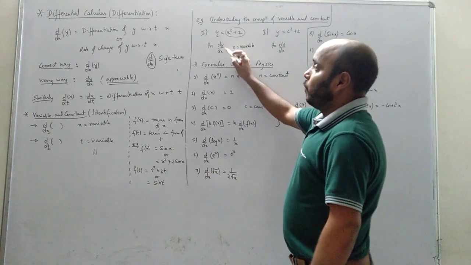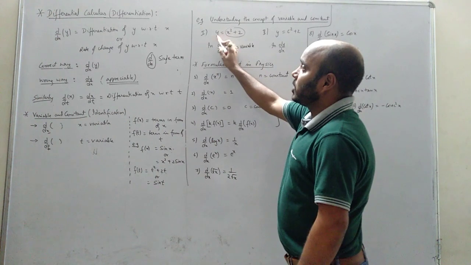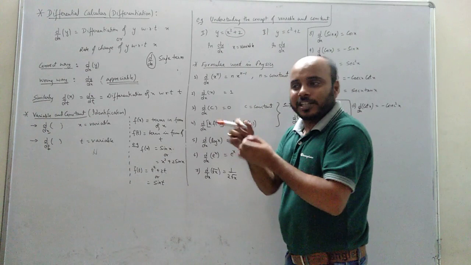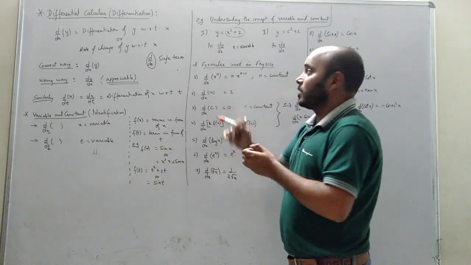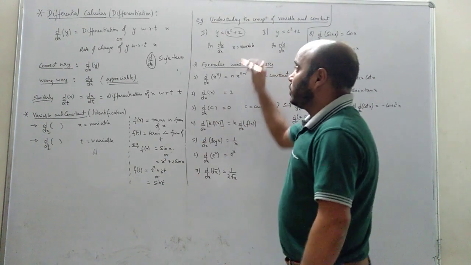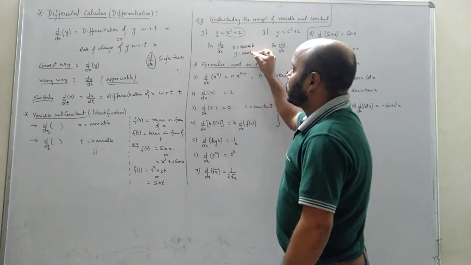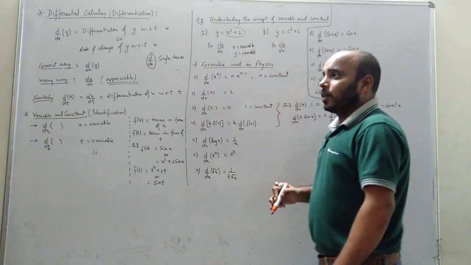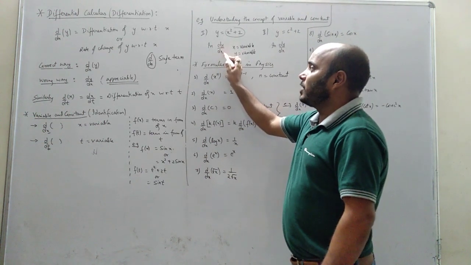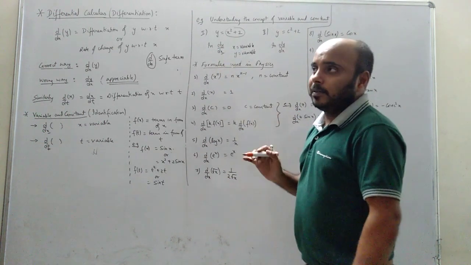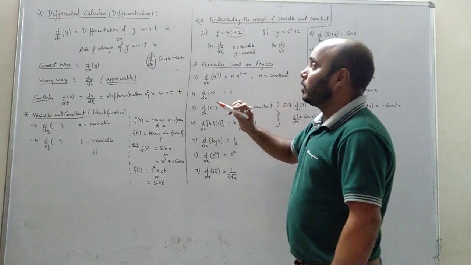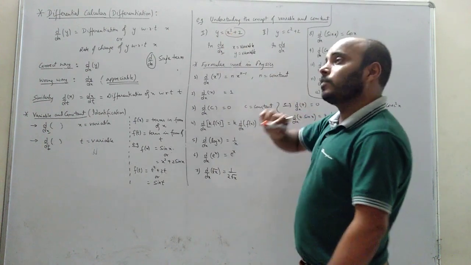Now see, y itself depends on x. In the expression of y, we have x. So if x is variable, that means x values are changing, for example 1, 2, 3, 4, 5, 6. When I put those values here, y also will get different values. So in these cases, y is also a variable. So it's not so easy. Directly we cannot say. We have to see. From dy by dx, since in the denominator we have x, that means x is variable. That is clear. Now you check whether the numerator depends on that value or not. The numerator depends on x, that means y is also variable.